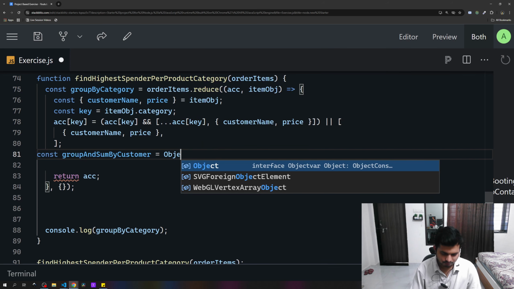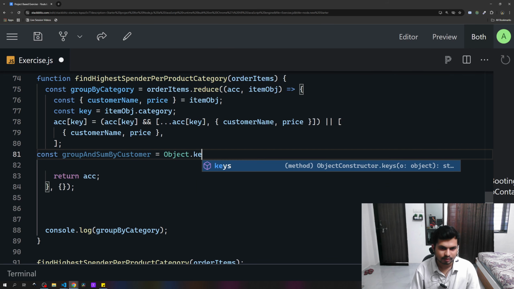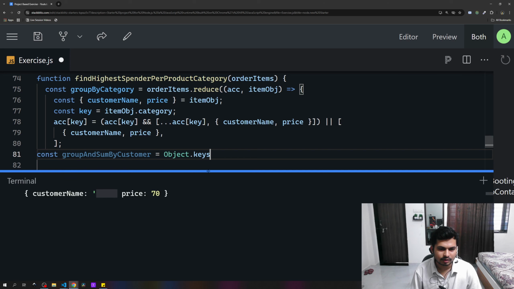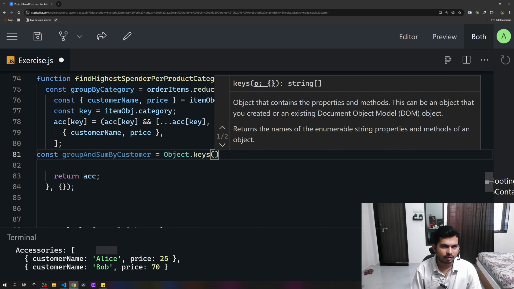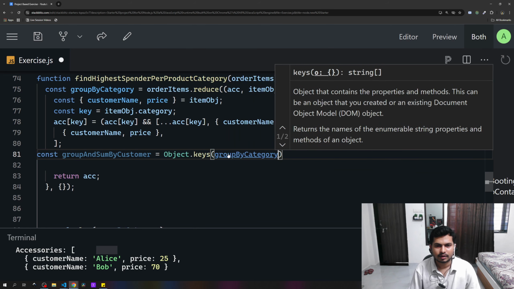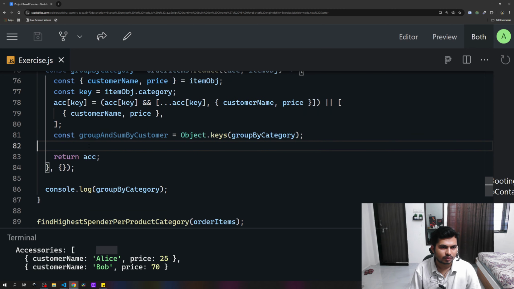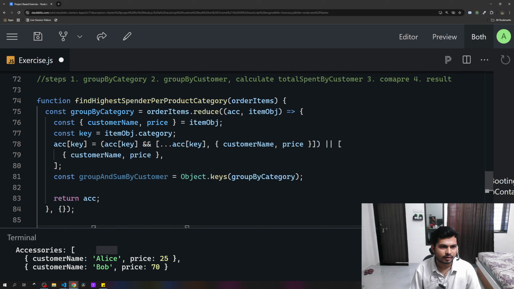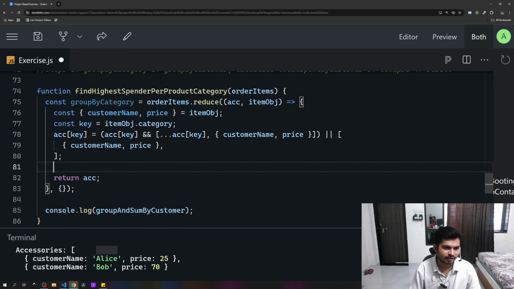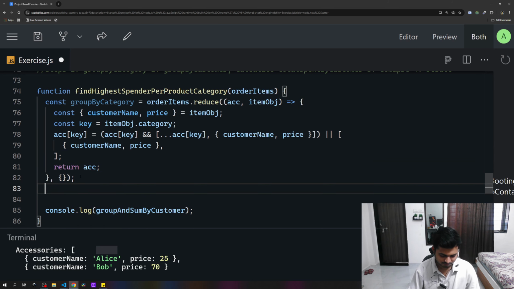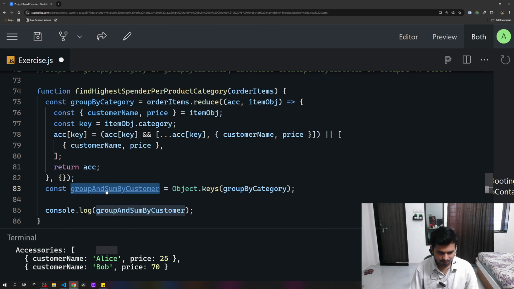What we can do is get all those keys, that will be Object.keys of group by category. So if we console log this, I think we have to move this outside of that group by category. If we log this, we can see all the keys,